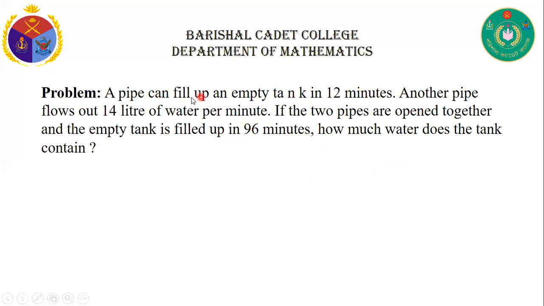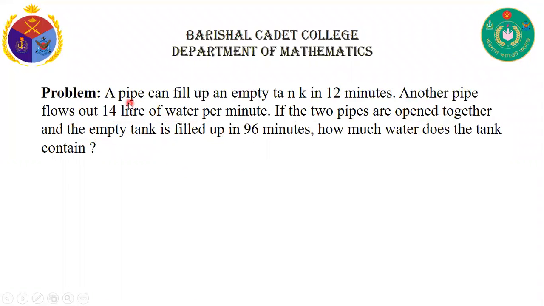A pipe can fill up an empty tank in 12 minutes. Another pipe flows out 14 liters of water per minute. If two pipes are opened together, then the empty tank is filled up in 96 minutes. How much water does the tank contain? So boys,